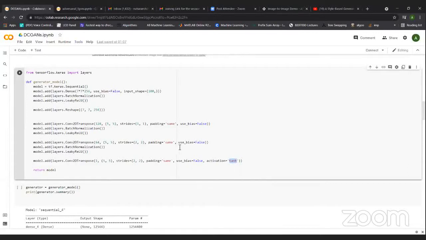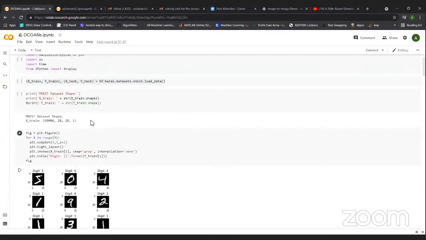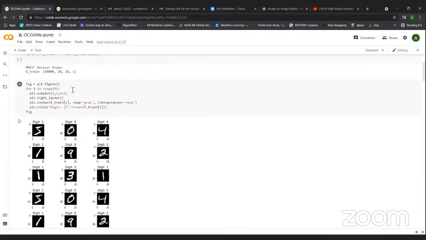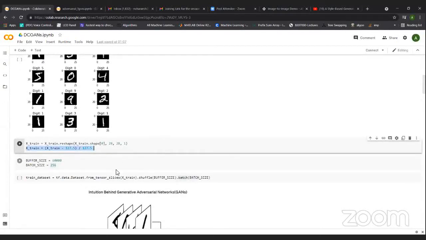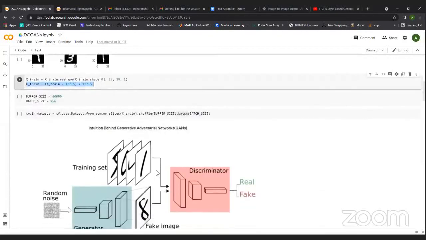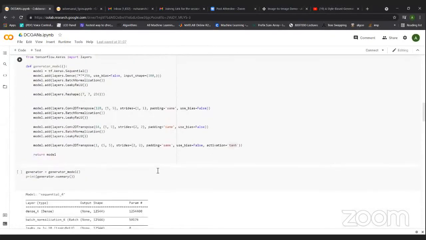The main reason for not using the leaky ReLU is that the tanh function gives a range from -1 to 1. As I already told you, we normalize the image to the range of -1 to 1, so the pixel probability will be the same.